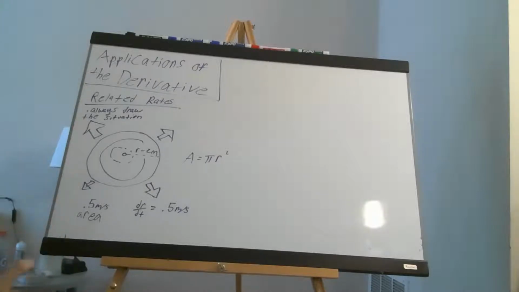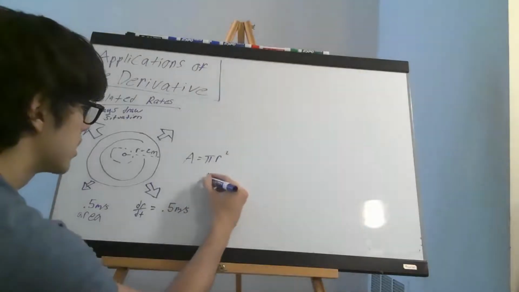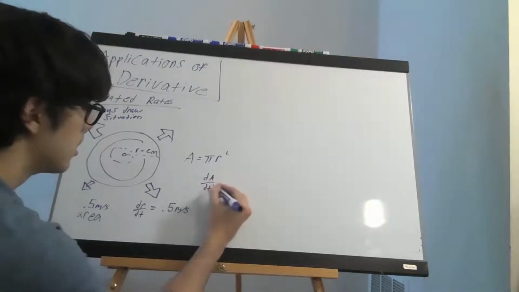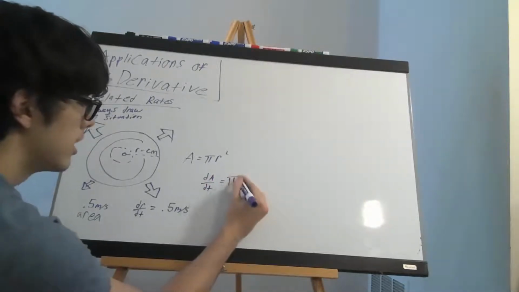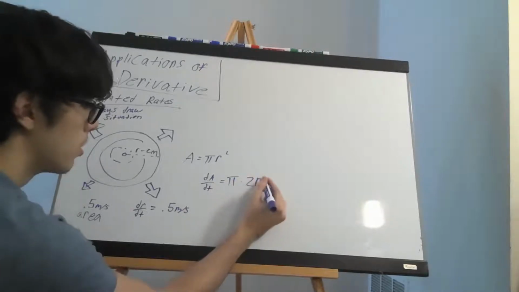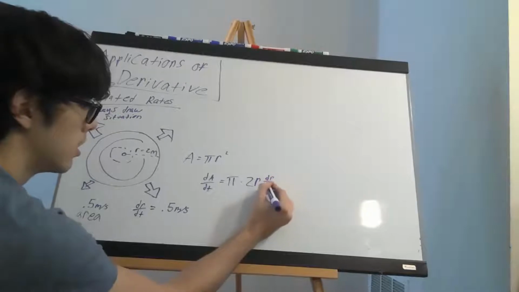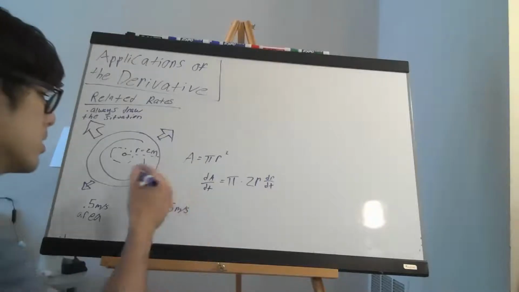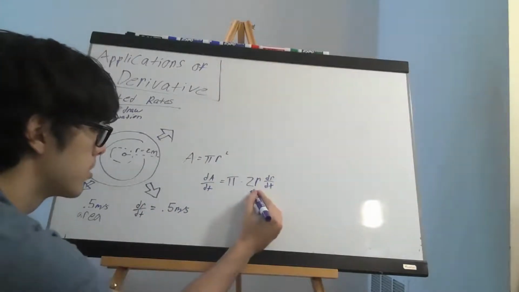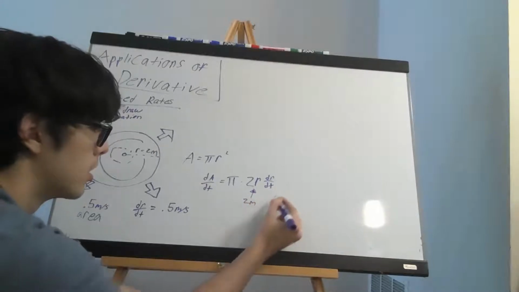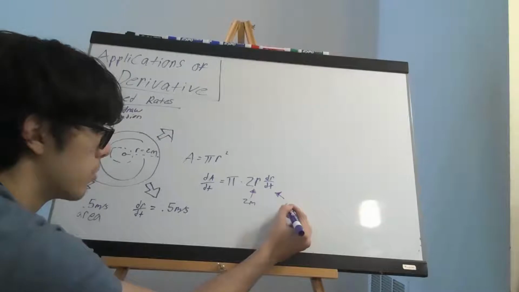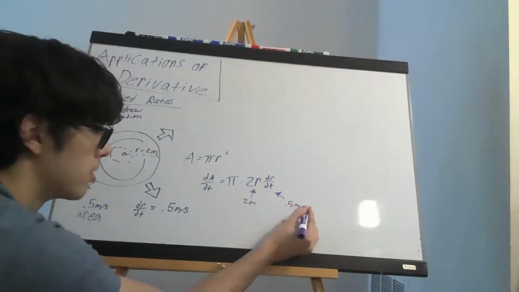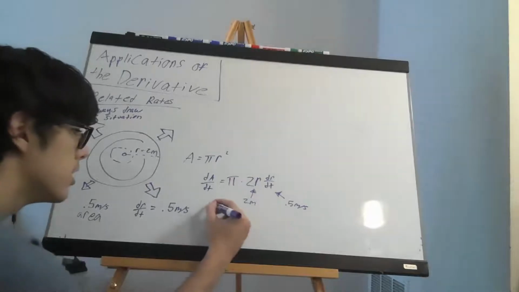Okay, so this is not bad at all, is it? So we've got, I'm going to guess, dA/dt is equal to pi times 2r dr/dt. So now I'm going to go out on a limb here and say all we have to do is plug in the constants. So we know that r is equal to 2 meters. We know that dr/dt is equal to 0.5 meters per second. So dA/dt